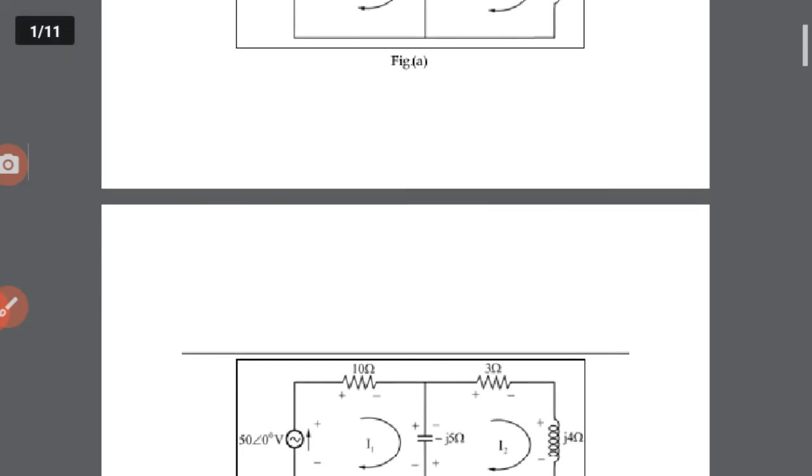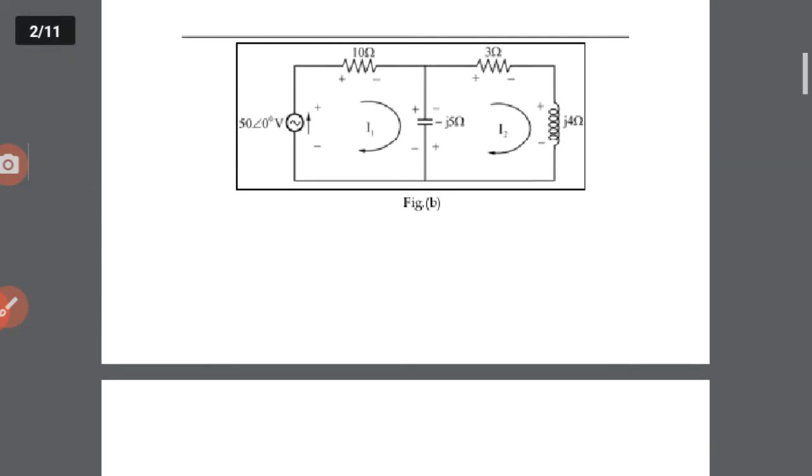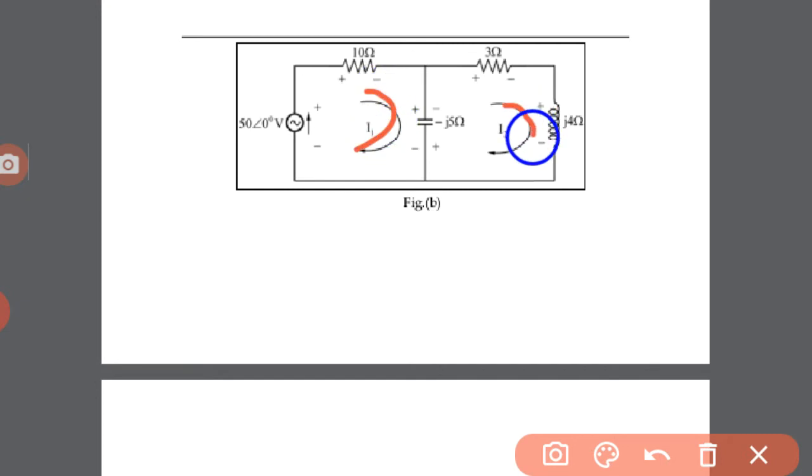But in our problem, we just write the mesh current equations for the network and arrange them in matrix form. First, to find the matrix equation, we select whether the current flows in the clockwise or anti-clockwise direction. Here we are considering the current flowing through this network in the clockwise direction. So this is loop 1 and loop 2. The current flowing through loop 1 is I1 in the clockwise direction. The current flowing through loop 2 is I2, also in the clockwise direction.